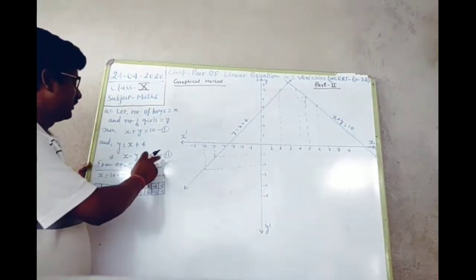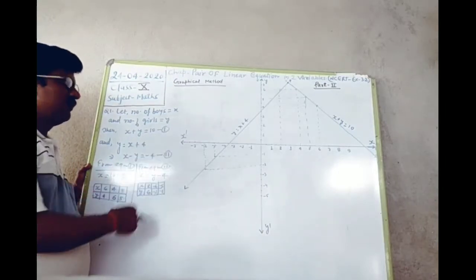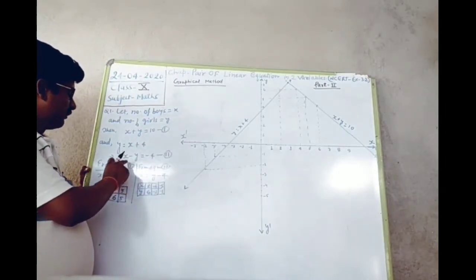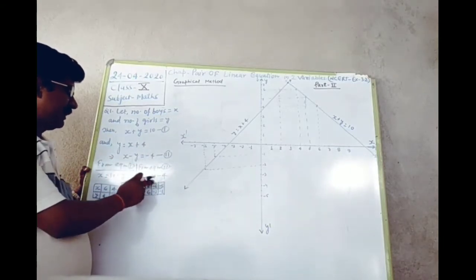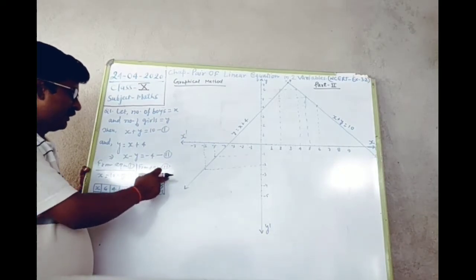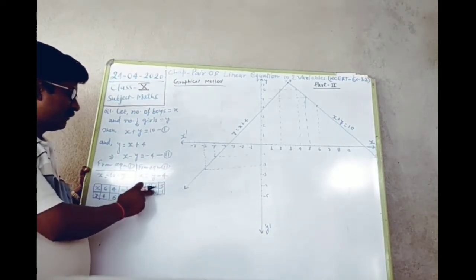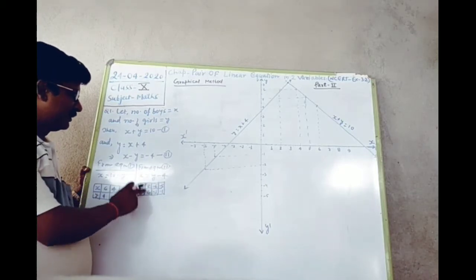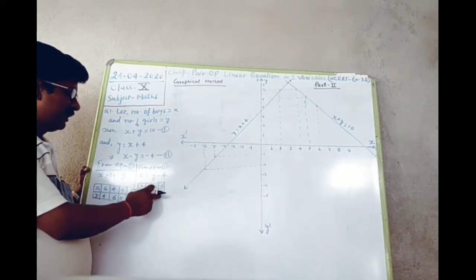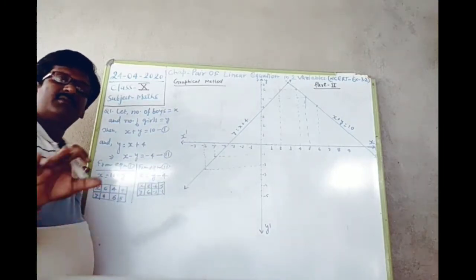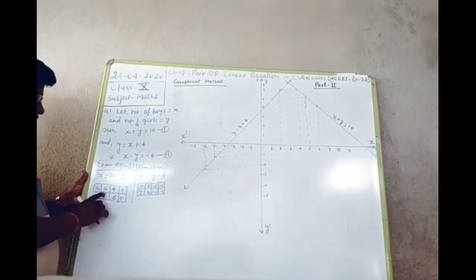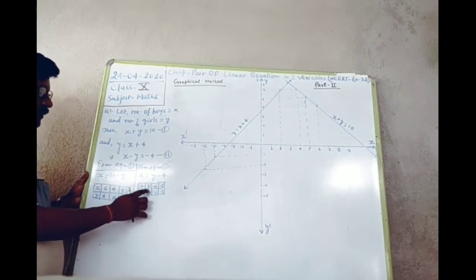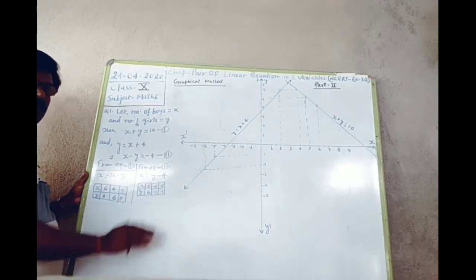And once again, from equation 2, x minus y is equal to minus 4. So from this equation we can say x is equal to minus 4 plus y. And once again I have taken the value of y as 6, 6 minus 4, that will be 2. And when the value of y is minus 2, then x will be minus 6. And when the value of y is minus 1, then x will be minus 5. So this way I have framed the two tables. From the first table, the coordinates are (6, 4), (4, 6), (5, 5). And from the second table the coordinates are (2, 6), (minus 6, minus 2), (minus 5, minus 1).